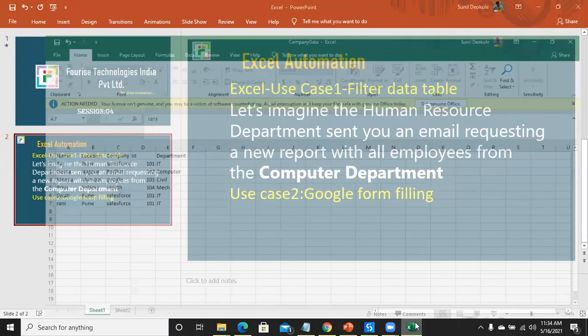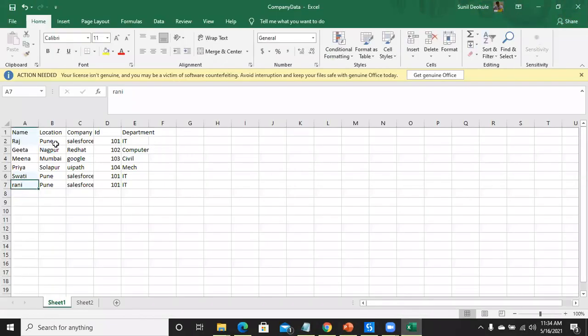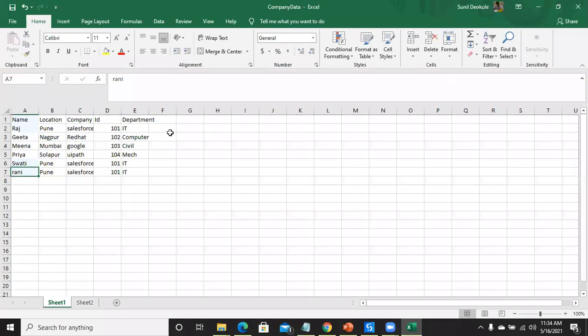I want to send the people who are available in the Pune location. What is your approach? In Excel, what will you do? Anybody? My task is just to find out the Pune location people.